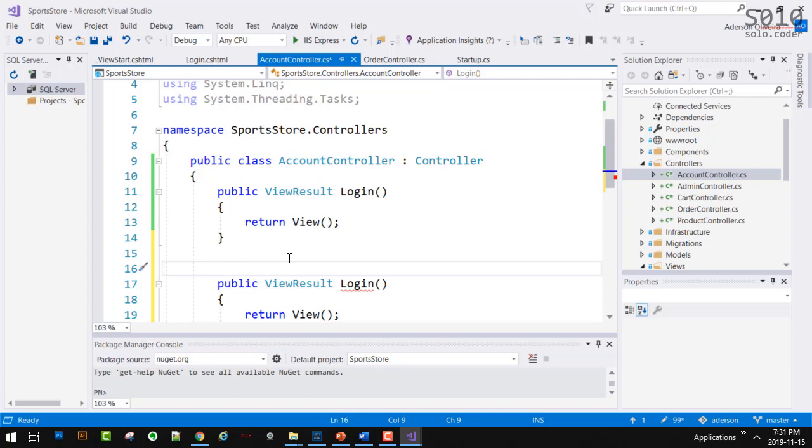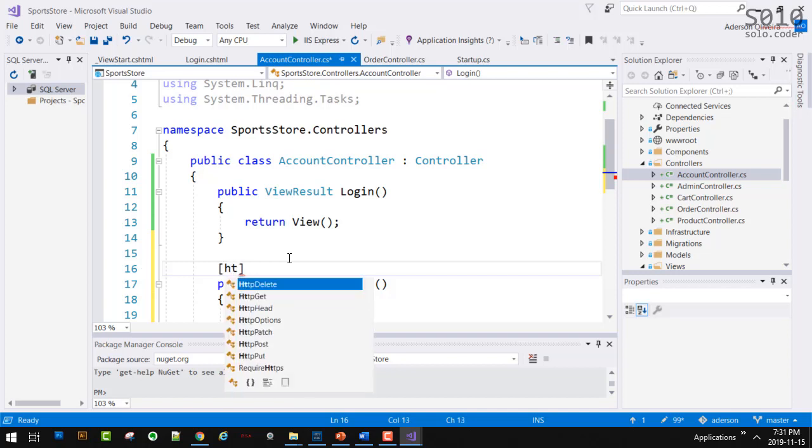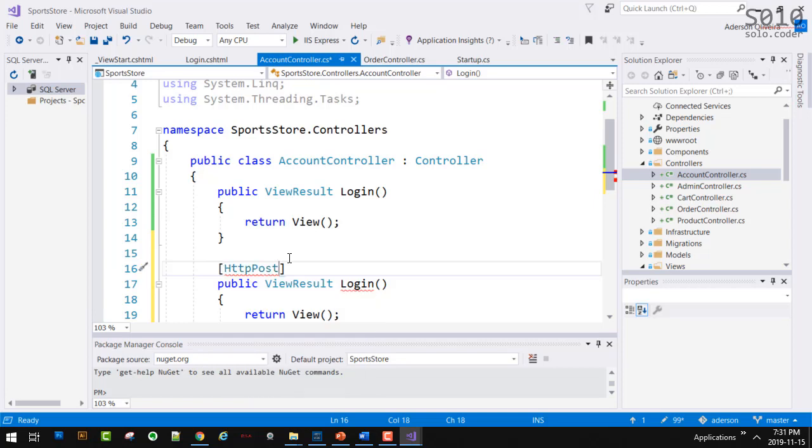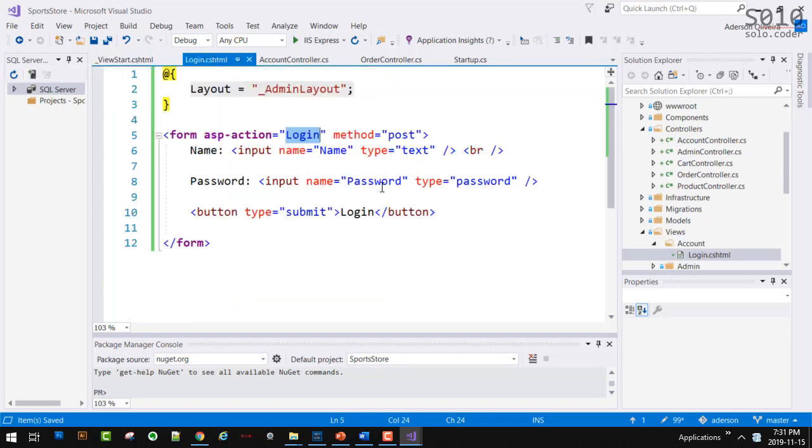First is that we have to annotate this action as what? As HTTP post. Let's do this one for the post. Now, what else do we need to modify in this action signature? Parameters. So what are the parameters of this login? Exactly, name and password.